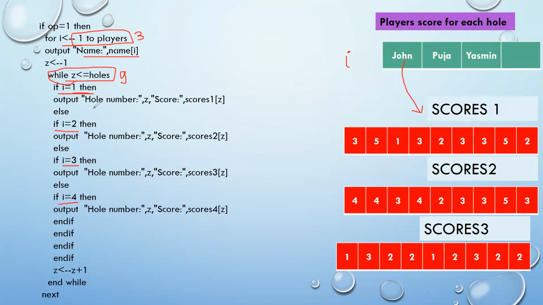Now, if the value of I is 1, what you'll see on the screen is the message "whole number," followed by the value of z, which to begin with would be 1. So whole number 1, and then another message, score, and the respective score of that particular player. So if you look on the screen,